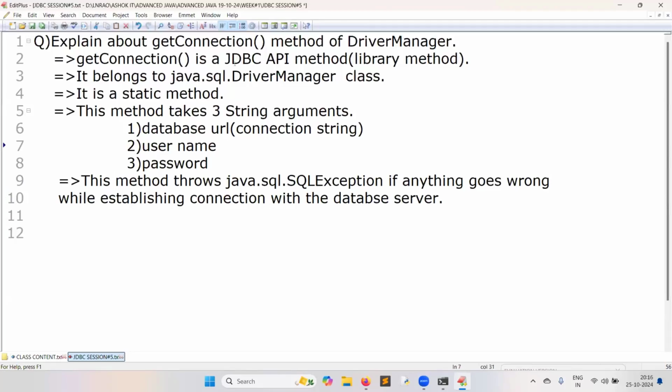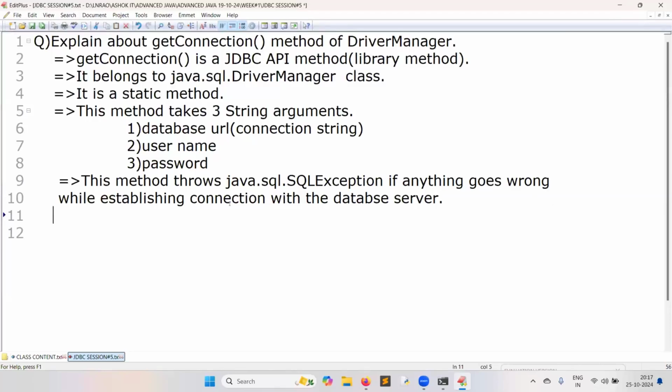When the getConnection method is called in the program, internally something will happen.